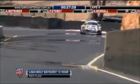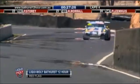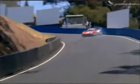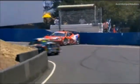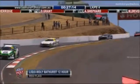Oh, this is going to give us a better look. Watch to the right-hand side of the screen as he goes through. Well, he's fine there. And then, yeah, you can see as he turns in, on the right-hand side, look at where the skid marks are starting there. They start a long way back. That's the moment he